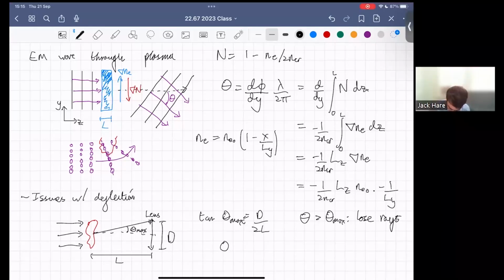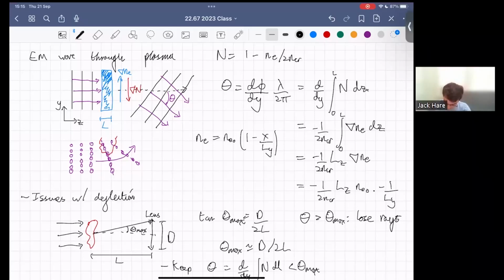And for most situations, we can use the small angle paraxial approximation and just replace tan theta with theta here. So that means you want to keep your deflection angle theta, which is equal to, as we said, d/dy of the integral of n dl, less than theta max. So there's a few things that you can do to try and do this. You can have a nice big lens. You can have a close lens. You can put it nice and close in. Or you can use a shorter